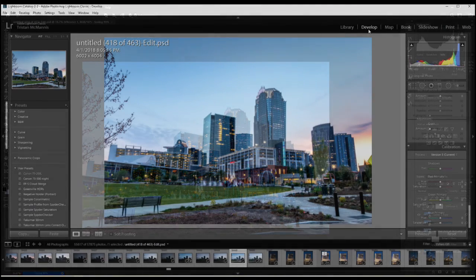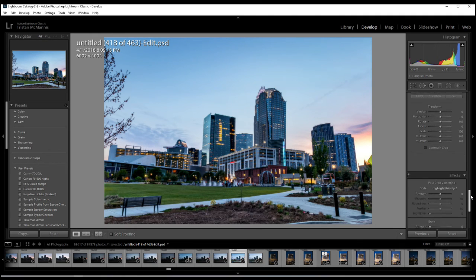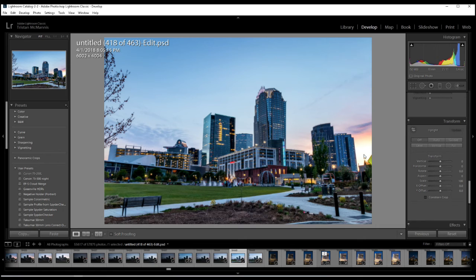Now we're back in Lightroom. I'm back in the develop module here of our image, and you can see it automatically renamed it the same as the file was before, appended edit.psd to the file. And what I can do now is I can go ahead and adjust for those geometric distortions that